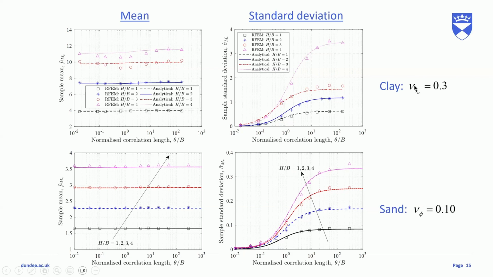H is the embedment depth, and B is the width of the anchor. So the ratio is the embedment ratio. I just put 1, 2, 4. And you can see that